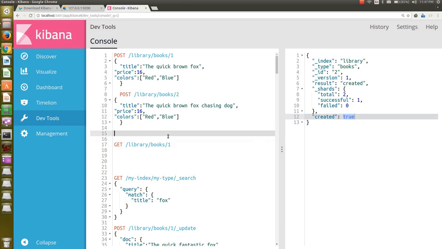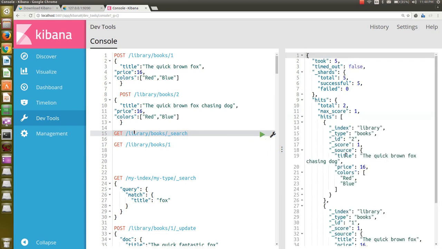This console provides you an awesome auto completion feature. You can just type and it will give you the auto suggestion, and I'm going to say search. If I don't give any argument to search, it will by default search everything. Here you go. So total history,